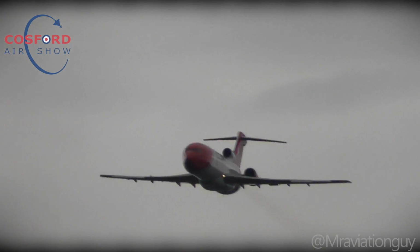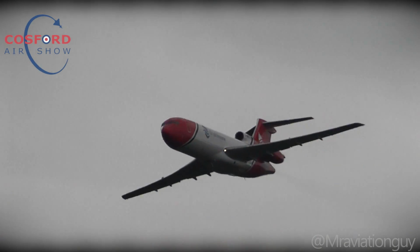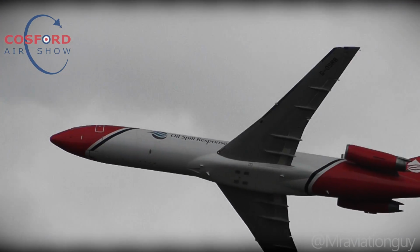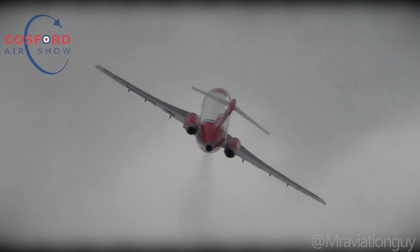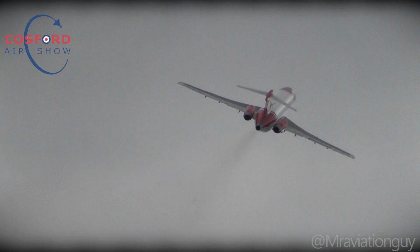Now, Oil Spill Response is a company that is set up, and the major shareholders of the company are oil companies such as BP. And the role of the 727 within that company is to provide the capability to burn movement and oil spilling over the water. So the 727 that you can see is going to be modified. It was chosen for its range, dash speed and stability